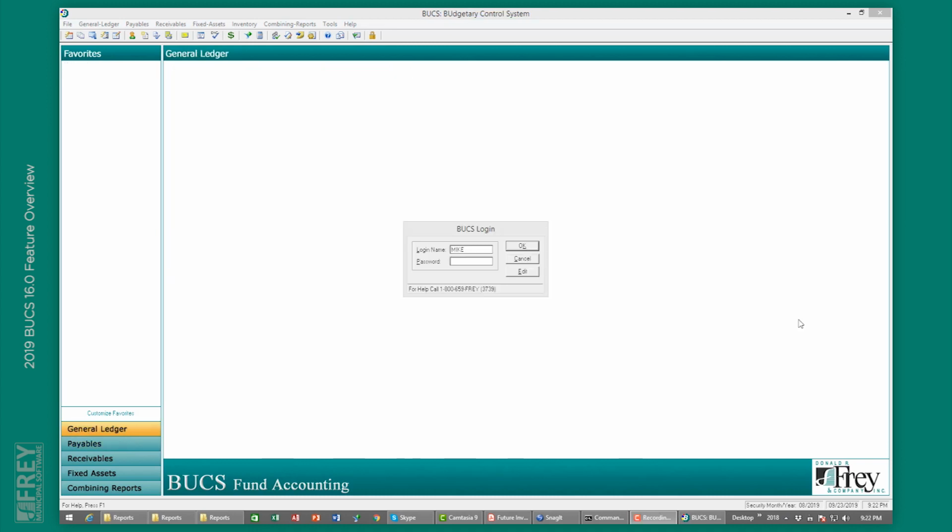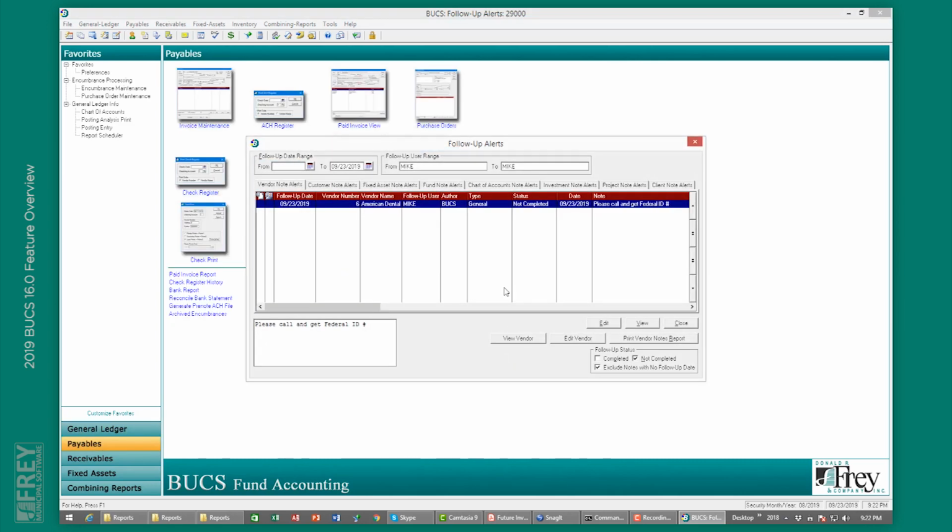Item number 35, follow-up alerts. When a note is selected in follow-up alerts, there is now the ability to view or edit the item that the note is associated with, depending on the user's permissions to the maintenance program. So I'm going to go log in as Mike, click OK,